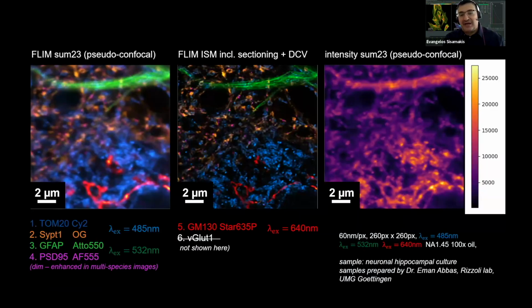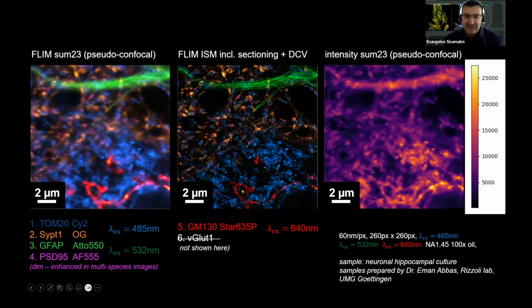We try to, not as a teaser, but as a highlighting example, see how many fluorophores we could multiplex with ISM. So here we used pulsed interleaved excitation, a 485 laser, a 532 laser, and a 640 laser. And in each spectral channel, we had 2 dyes with different lifetimes. And we tried to see if we could separate them. Right now, we display only 5 of them because the 6th is not shown here because it would be confusing